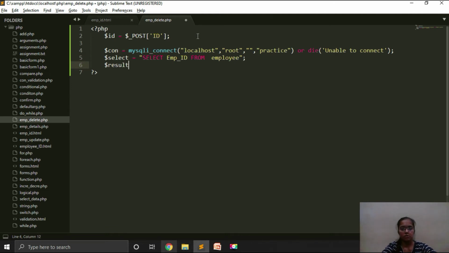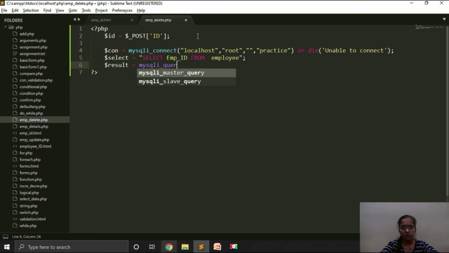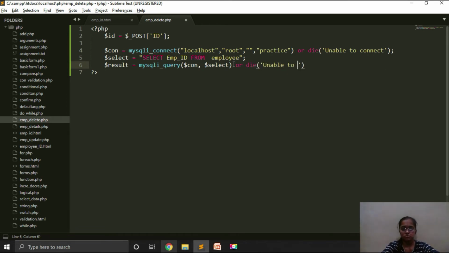For that, variable result and using the function mysqli_query, the query will be fired, that is $connection and $select. The $connection and $select are both variables accepted by mysqli_query or die. If the select query contains any error, then the code will die and the error message will be seen: unable to select the data.